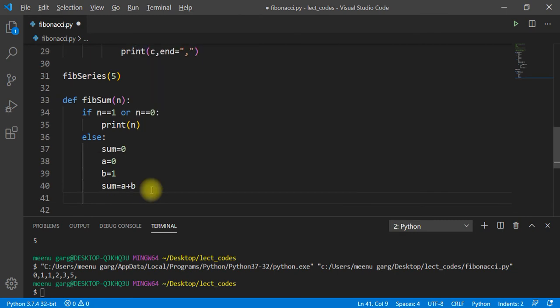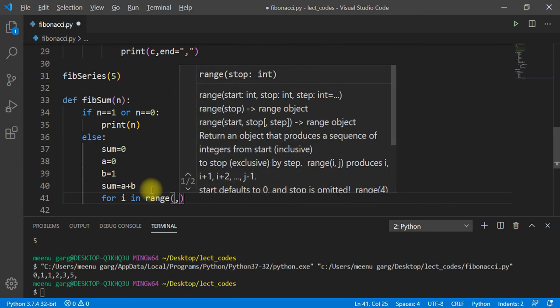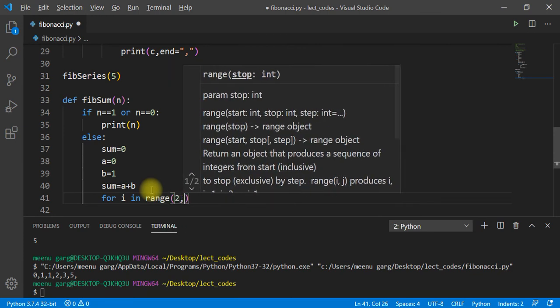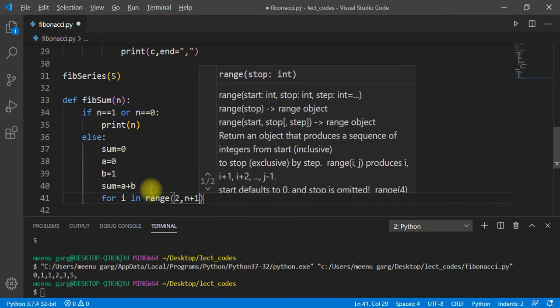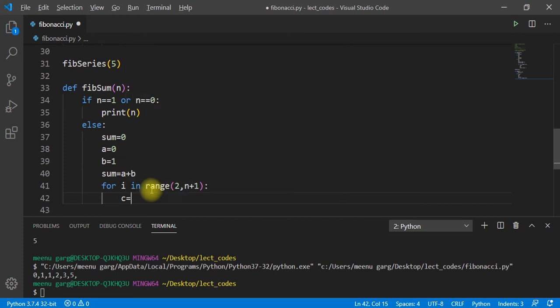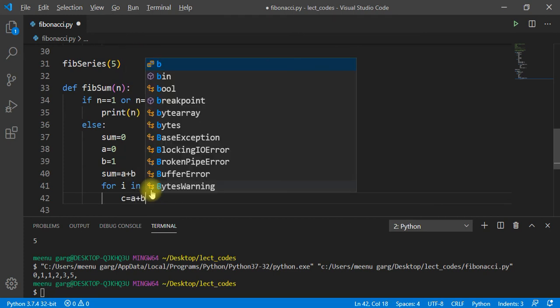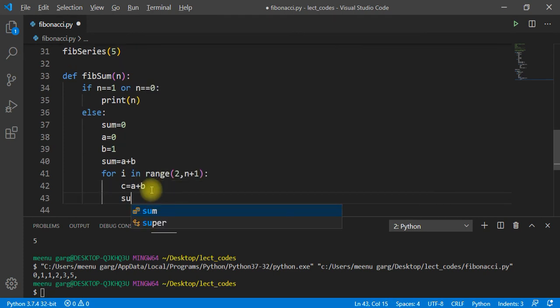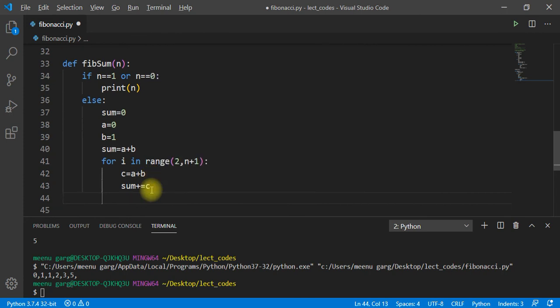Then for i in range, because we already have the first two elements, I will say 2 to n plus 1. Then I update c like this and add it into our sum. And what is left? Yes, I know you know it.